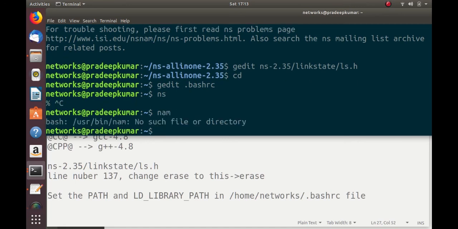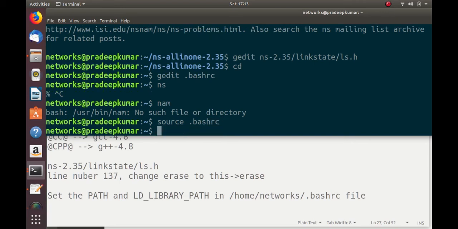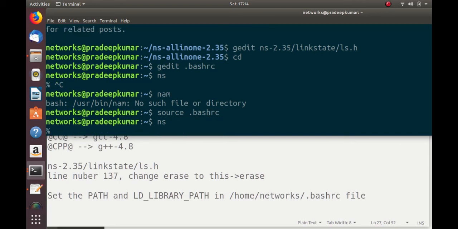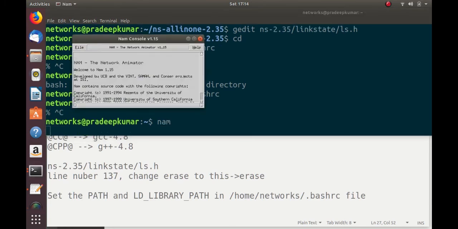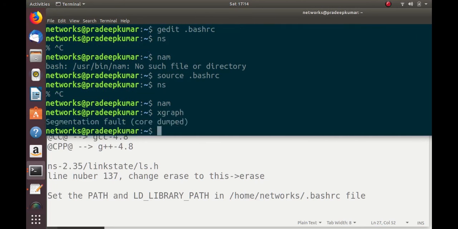nam. Okay, now I need to source it. source .bashrc, because I didn't restart or log out, so I use this. So ns, now it's working. nam, this is also working, and xgraph. I am getting an error.